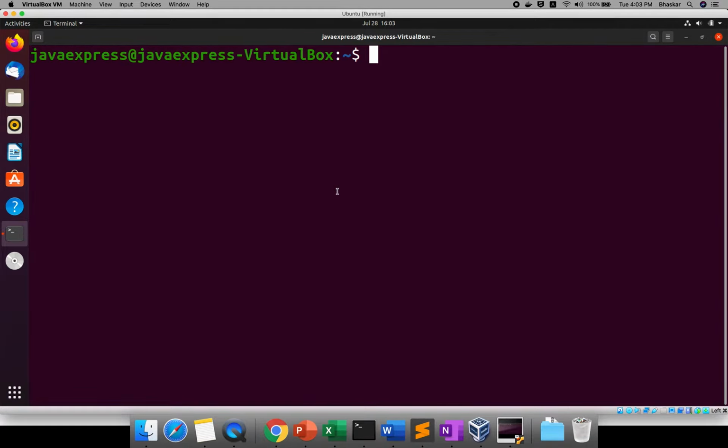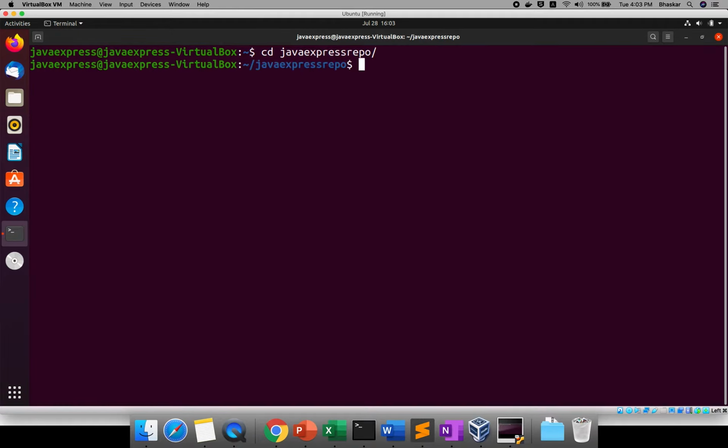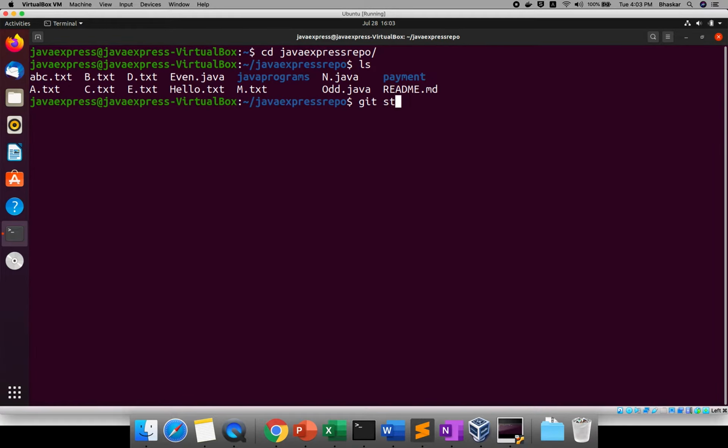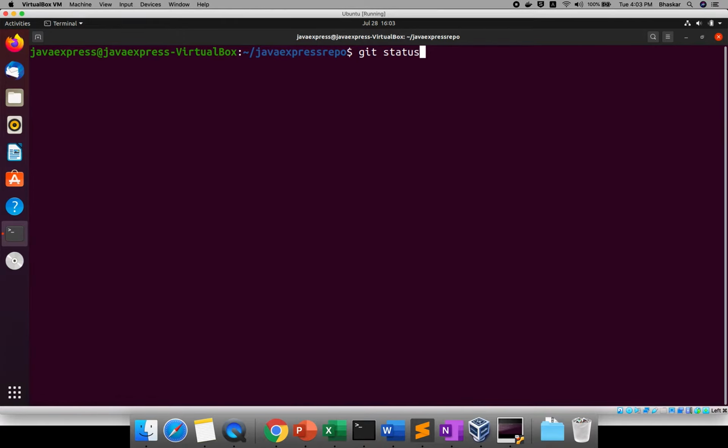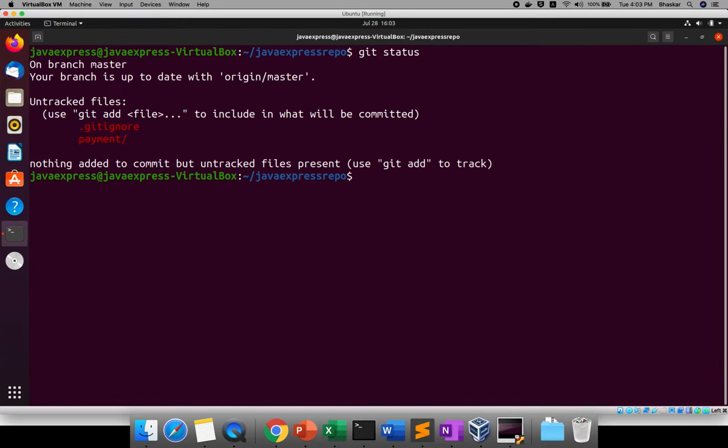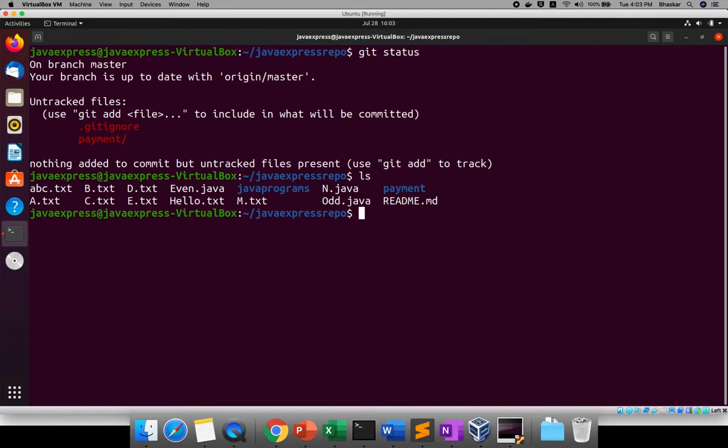Let me go to my repository. If I use the git status command as of now, let me remove the old ignore file for you, and I will explain again. Now git status. If I use the ls command, I have these many files.